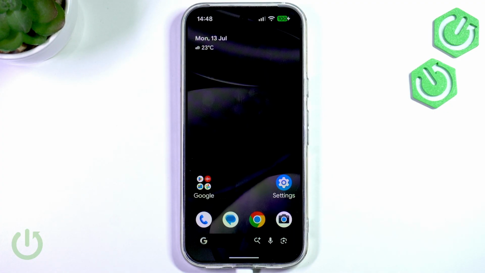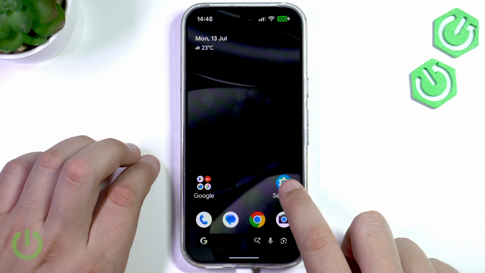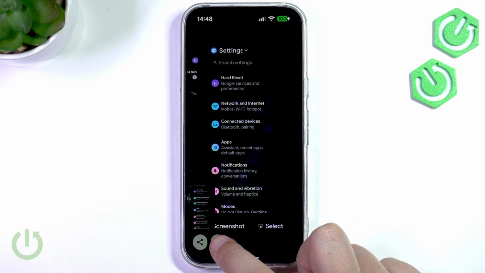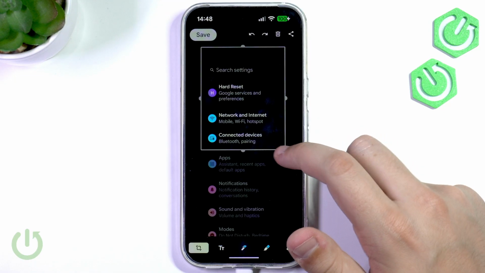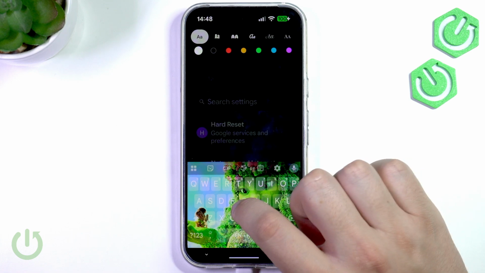So now let's talk about editing a screenshot. So we're gonna take a screenshot real quick. I'm gonna take a screenshot of the settings. Now here I have it, and we're gonna click on the pen icon. Here we can resize it first, which is pretty normal. Now we can also add some text, like